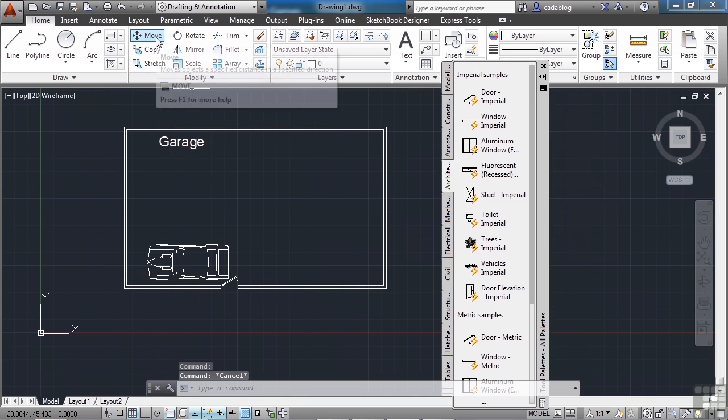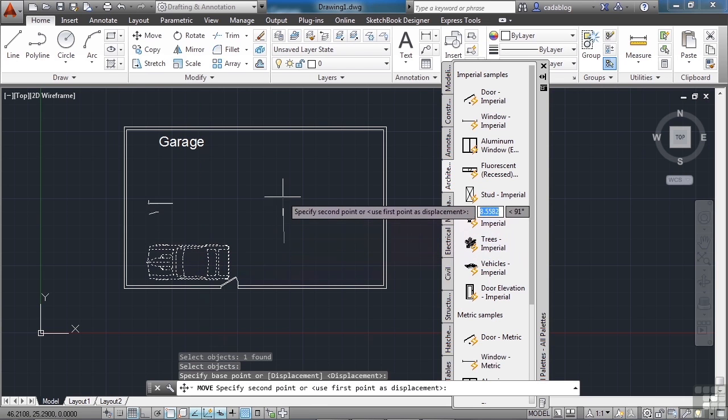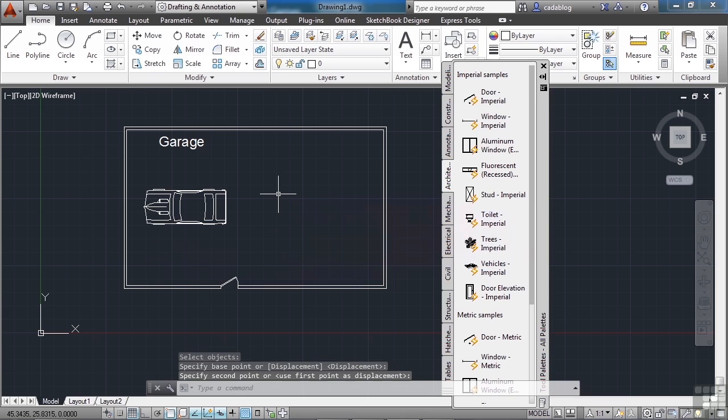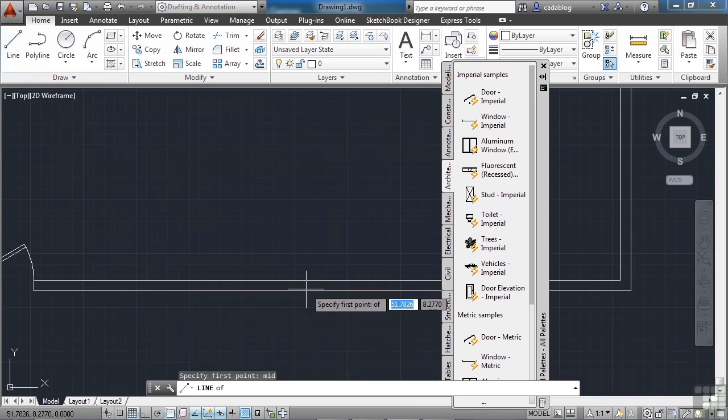Come up here to the move command, click move, select the car, left click it, press enter, pick a point anywhere, and now move it up a little bit. As you can see here, most of these AutoCAD commands have a series of events that have to happen. You start the command, whatever it is, and then you pick your first point. Type in MID for midpoint, press enter, and we're going to pick down here, zoom in with your scroll wheel